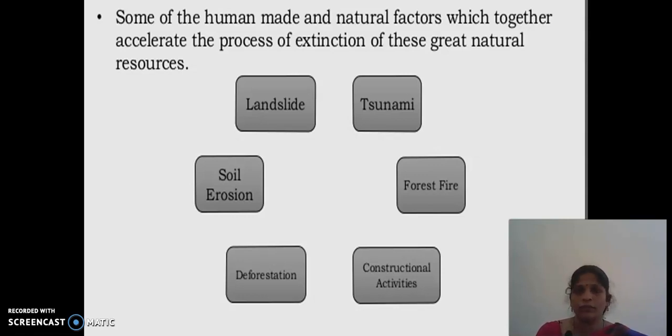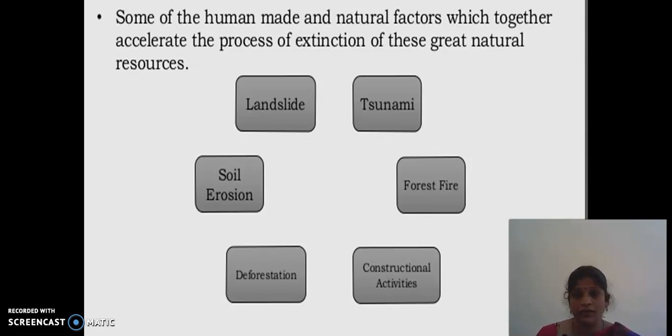Some human-made and natural factors together accelerate the process of extinction of these great natural resources. What are these factors? Landslide, tsunami, forest fire, constructional activities, deforestation and soil erosion. These are human and also natural factors. Landslide is a natural factor for the destruction of the forest. Tsunami, that is also a natural